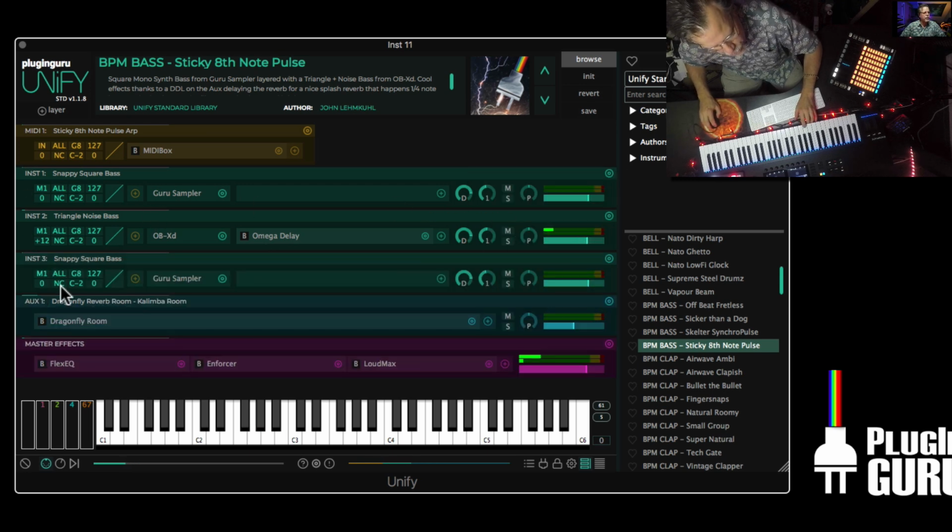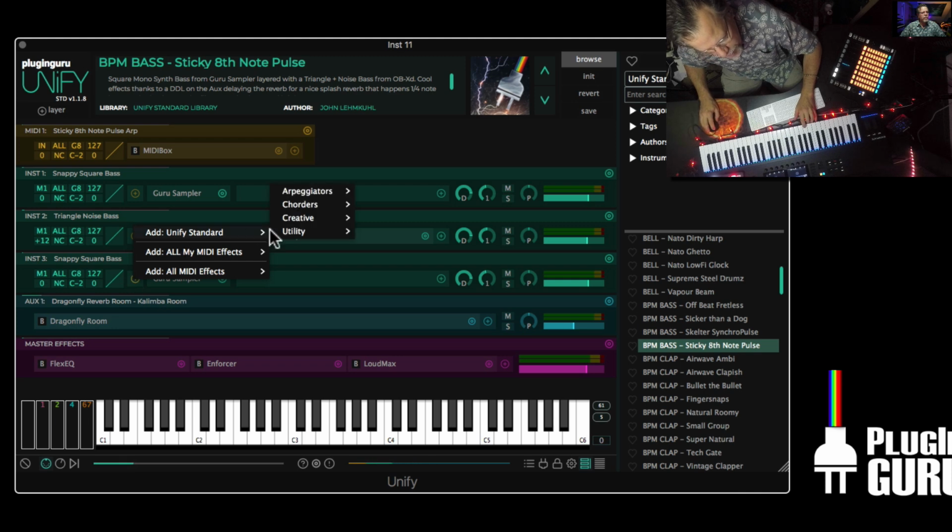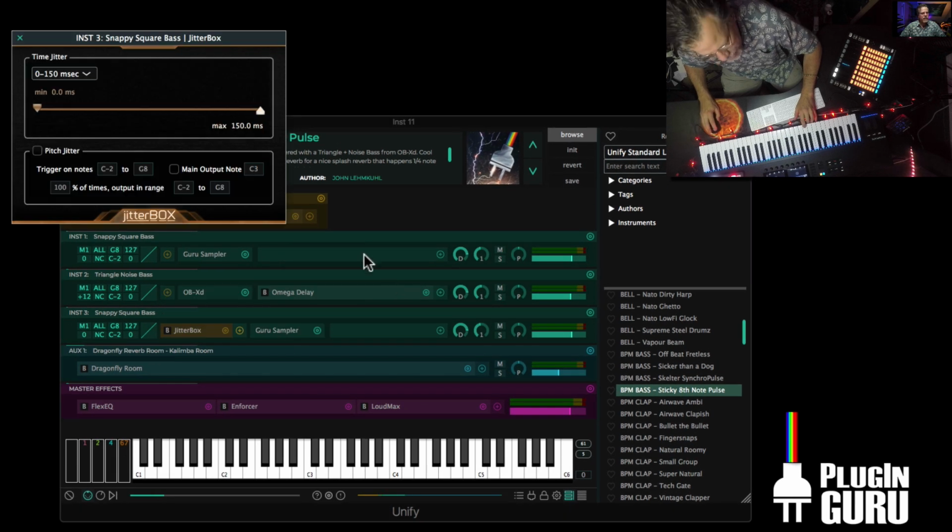So we now have a duplicate, and let's go over here. Now it's going to MIDI box. So a MIDI file is being played. It's currently latched to all 3 layers. I'm gonna right here sneak a JitterBox into this 3rd layer. So this new layer has